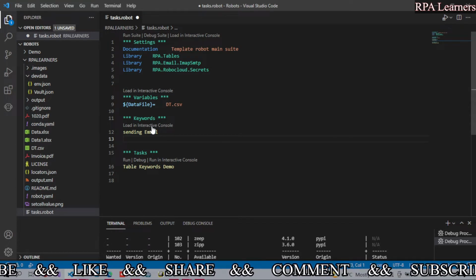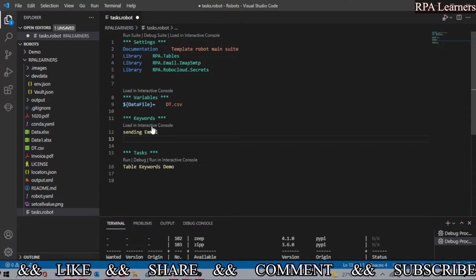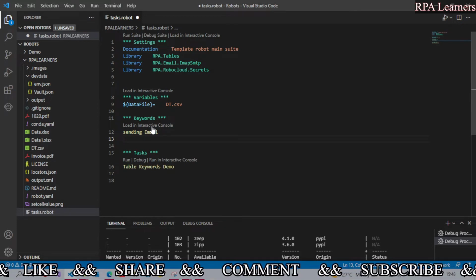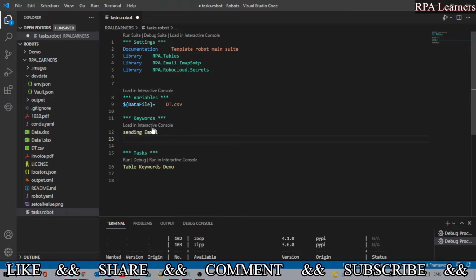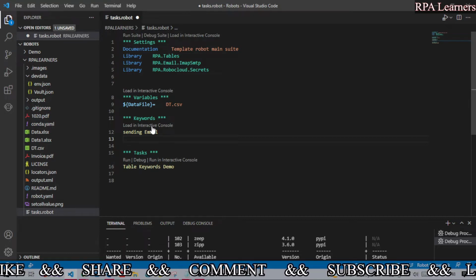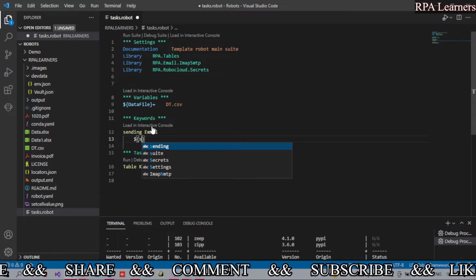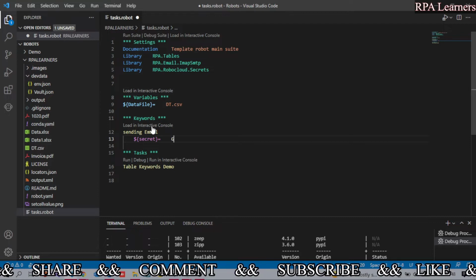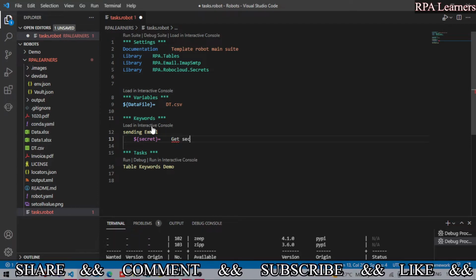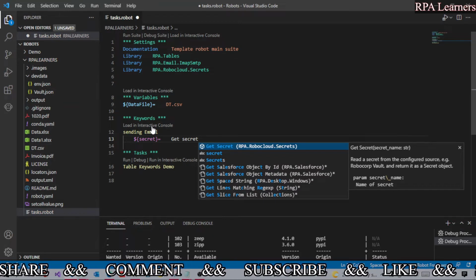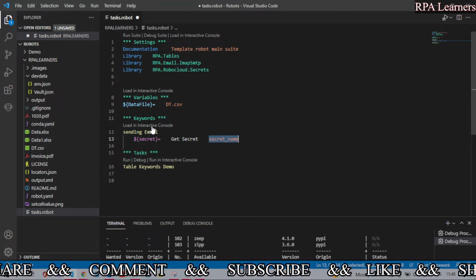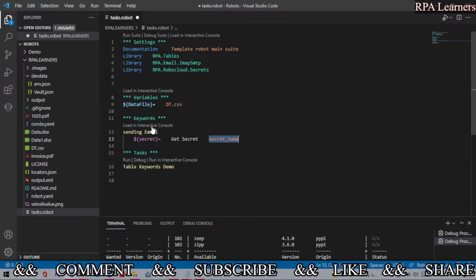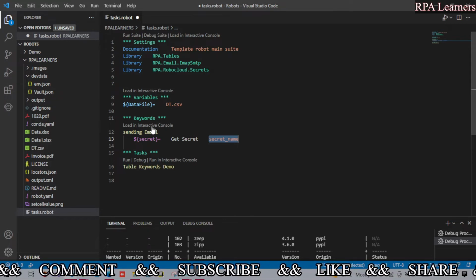After that, in the sending email keyword, I need to authorize the Gmail, and then I need to send that particular mail. For that, first I need to get the values for the email and the password. For that, I'm creating a variable to store that value, which let's name secret, and we can get that secret using the Get Secret keyword. If you see there, it is showing the suggestions, and you need to provide the secret name or the JSON name. What is the JSON that is defined in that JSON file?